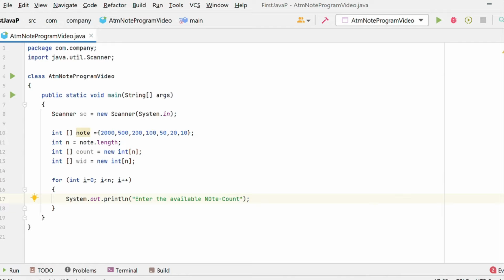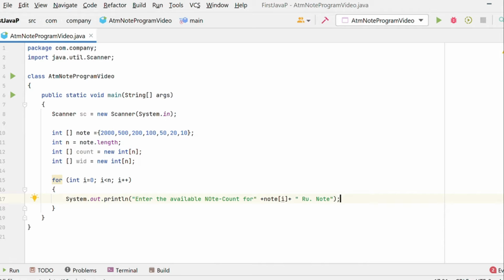Okay, for how many rupees note, for that we are going to take the note of i rupee note. Okay, what is it going to ask?